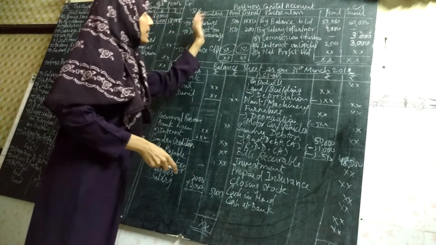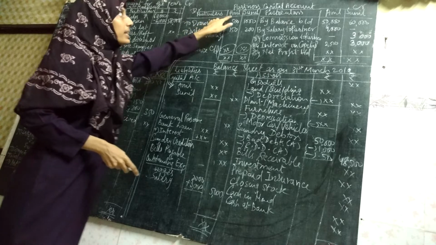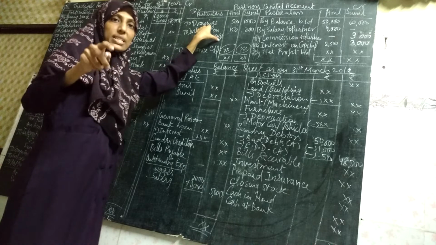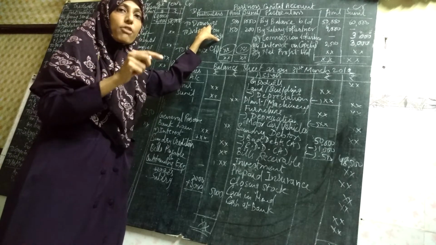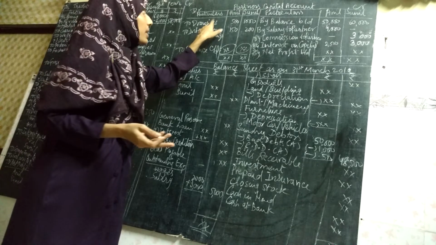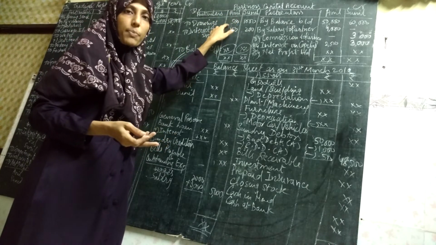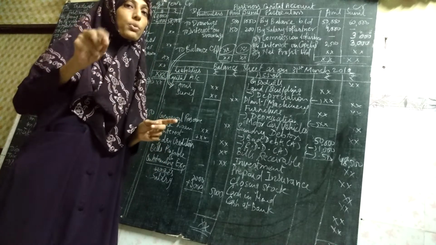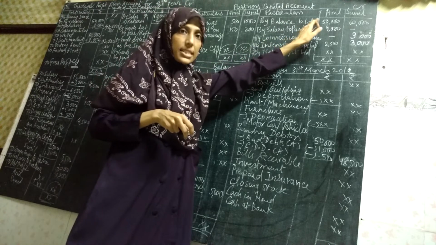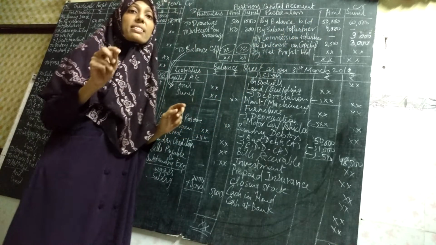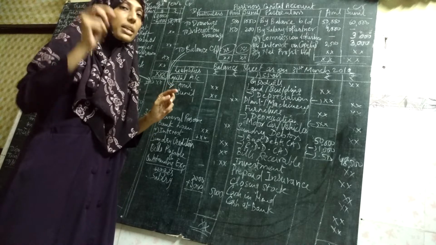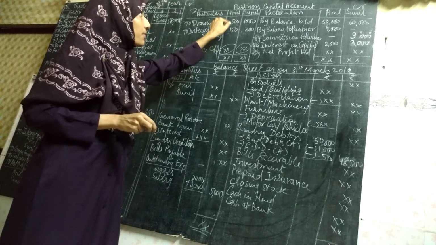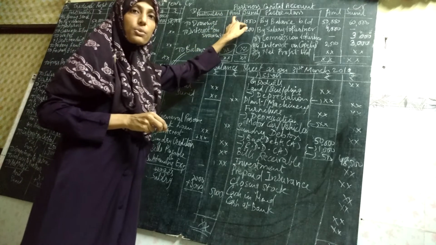Coming to the debit side of the partners capital account: the first is Anil's column, the first partner, and Sunil, the second partner. Drawings: in the trial balance, you will be given drawings of Anil and Sunil. So where are you going to show it? In their respective columns on the debit side. In the trial balance, capital is given in the credit column, so you will pick it from the credit column and write it on the credit side. In the trial balance, drawings is given in the debit column, so you will pick it from the debit column and put it on the partners capital account debit side. 500 drawings of Anil, 1000 drawings of Sunil.